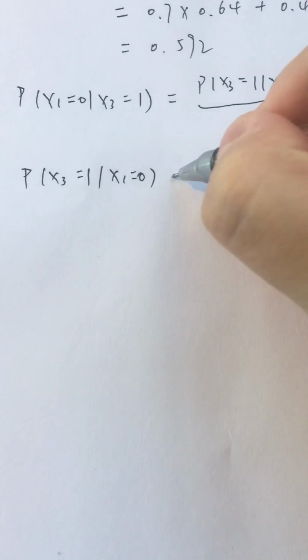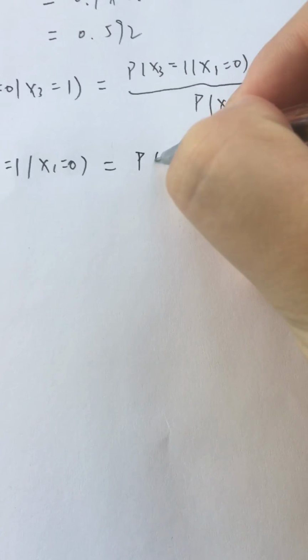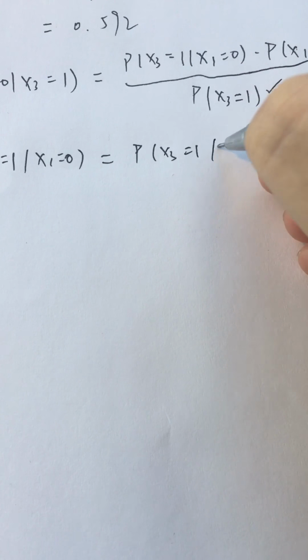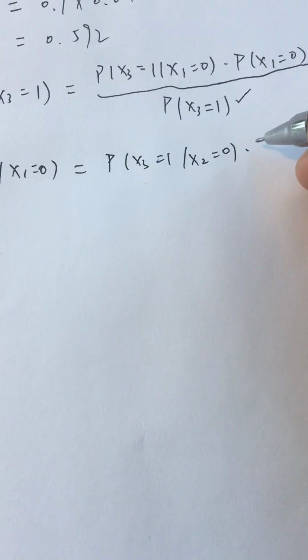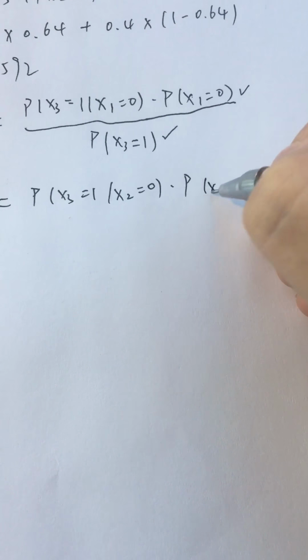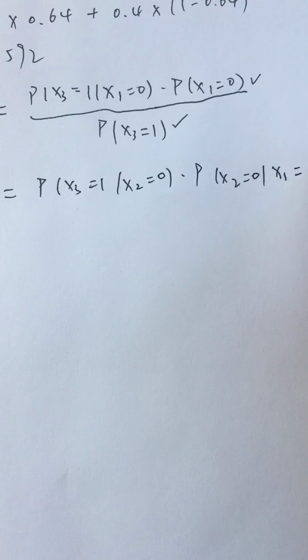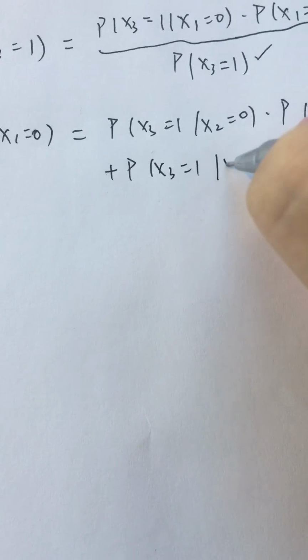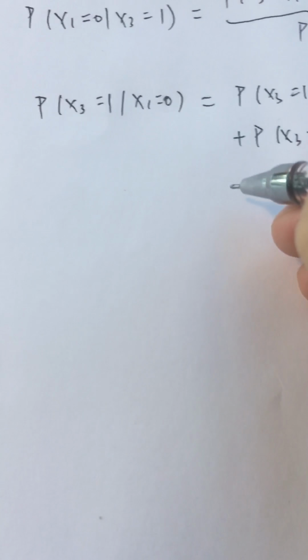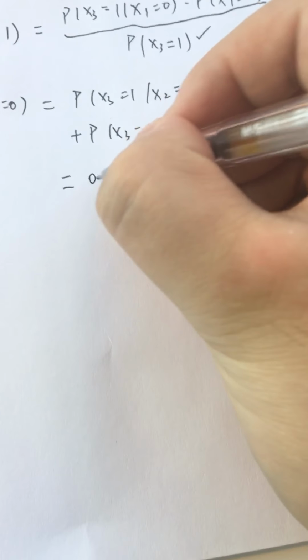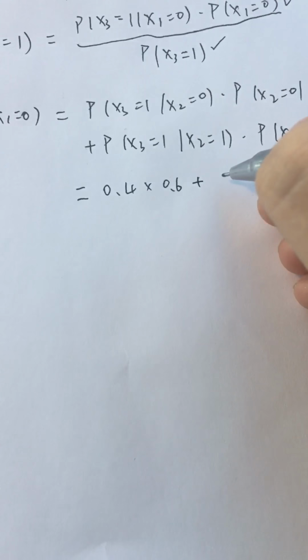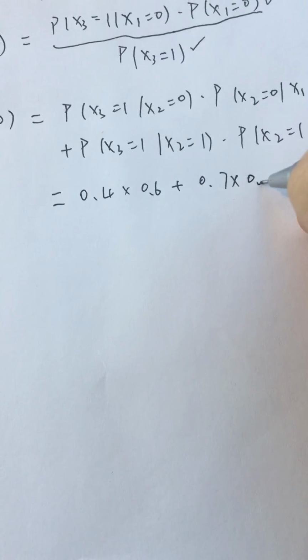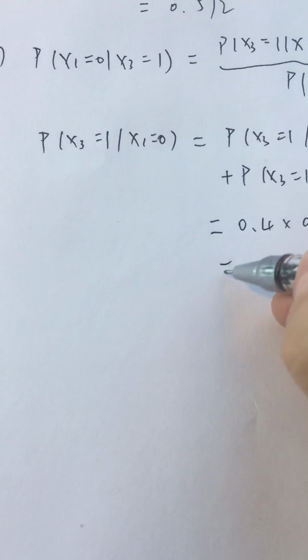This probability equals the probability of x3 is 1 given x2 is 0 times the probability of x2 is 0 given x1 is 0, plus the probability of x3 is 1 given x2 is 1 times the probability of x2 is 1 given x1 is 0, which is 0.4 times 0.6 plus 0.7 times 0.4. The result is